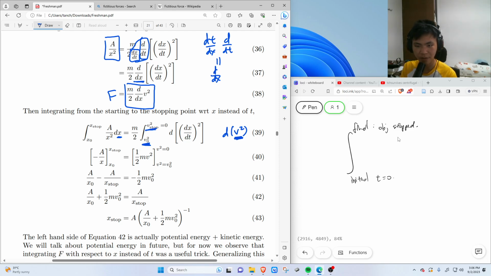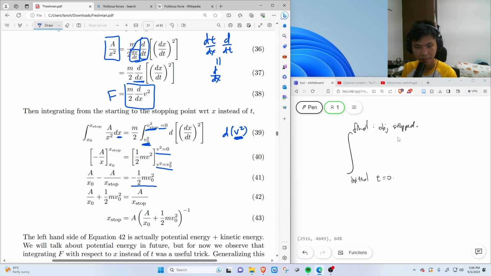The final stopping velocity, by definition, is 0 because we're interested in when the velocity has stopped, right? So that's great also because if something is 0, that tells us that it's probably going to disappear from our equations. And that means that after performing this integral, we get half mv squared, and we substitute in the two endpoints, and we basically get